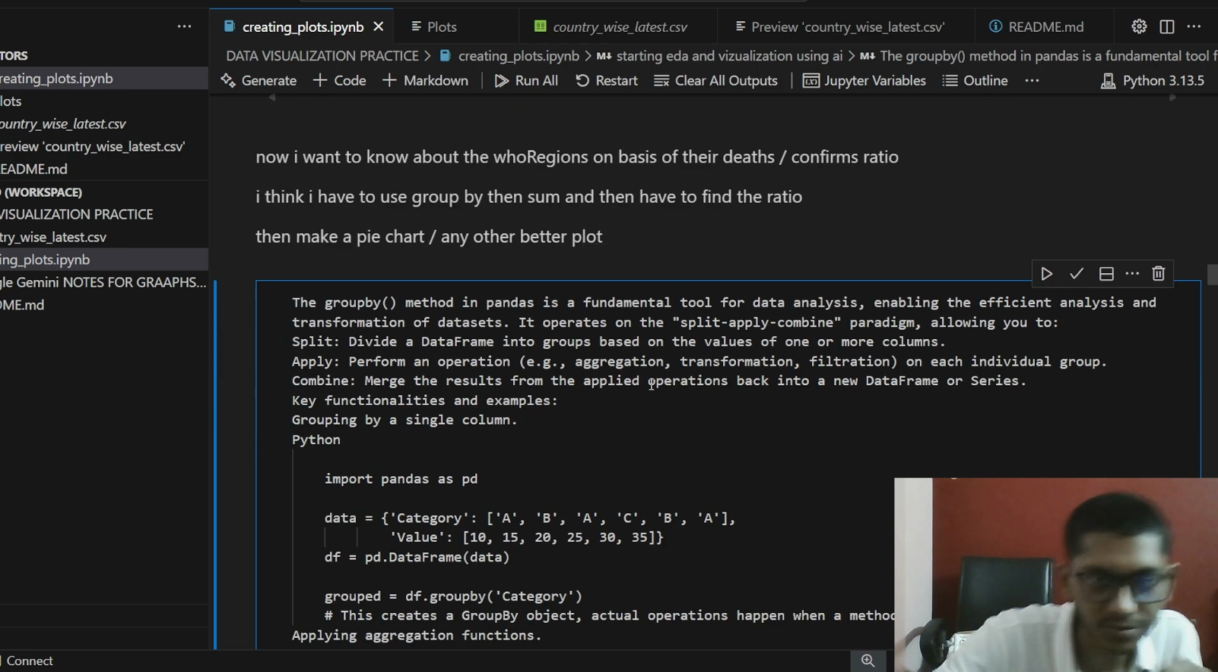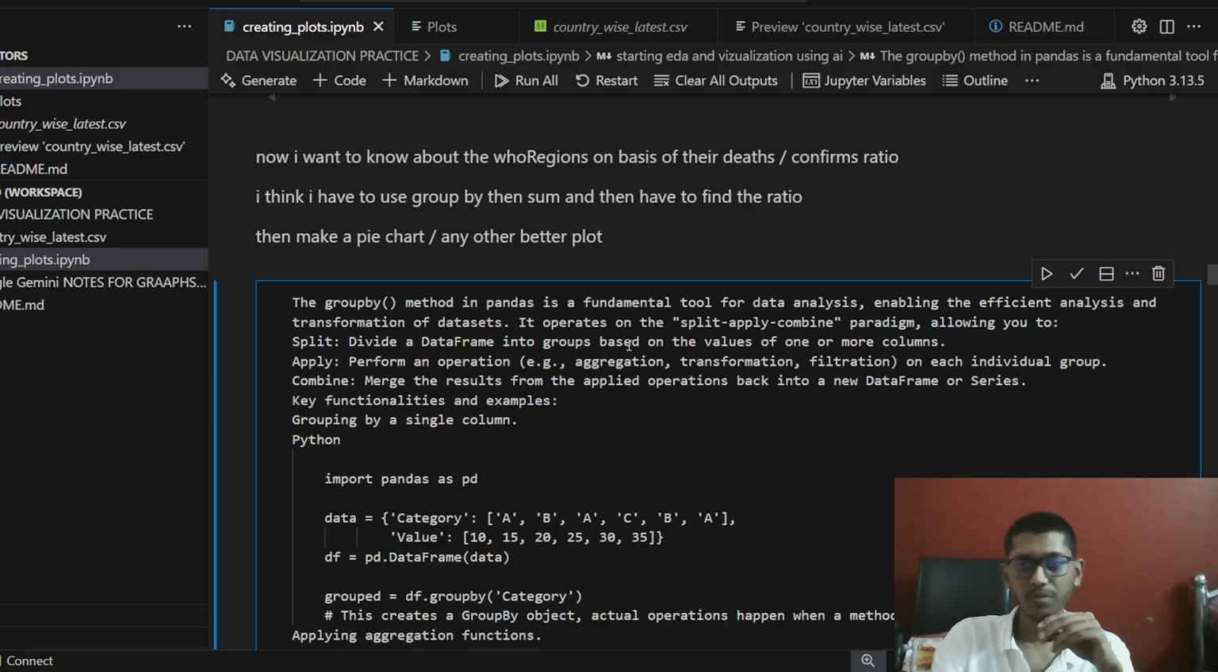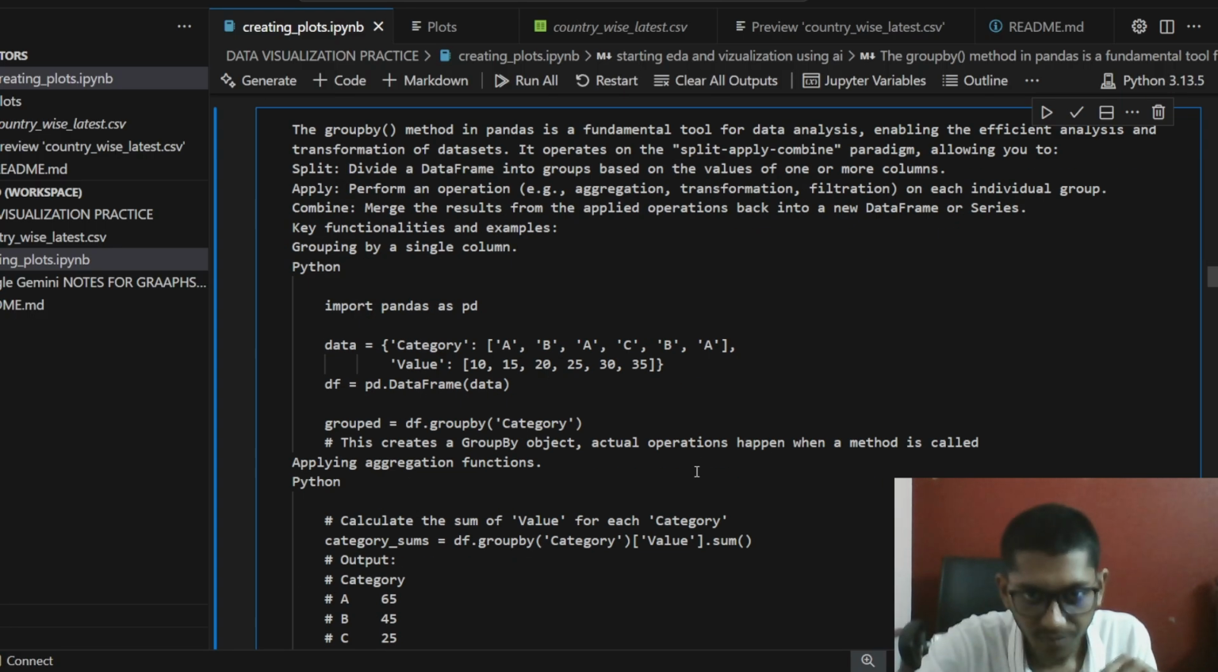Okay, perfect. Group by means we are going to group it, right? See, we have made a data. The first column is category: A, B, A, C, B, A. I know it's a little hard to comprehend, but it is written like a dictionary, so take a look. These are the categories, these are the values: 10, 15, 20, stuff like that. So grouped equals df dot group by category. So what it does,